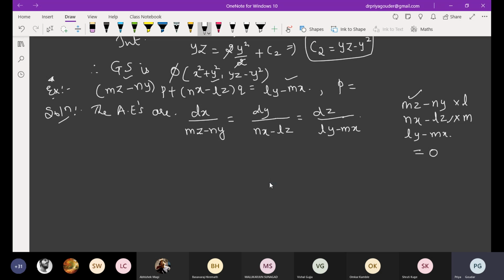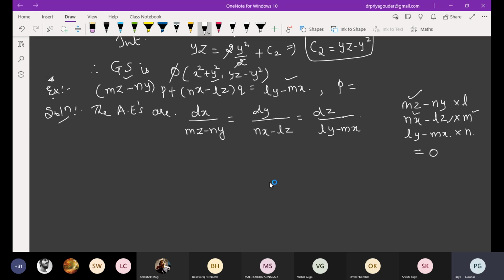Now I'll choose the coefficient of x. If I want to cancel the x coefficient, here I have it as m and here the coefficient of x is n. So I have to multiply this by m, and for the third one I have to take n. So no problem for this example, you can easily remember l, m, n only. But for any other example, you can choose in a similar way to what I have done just now.